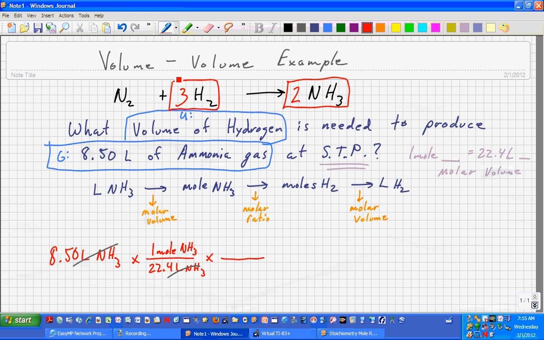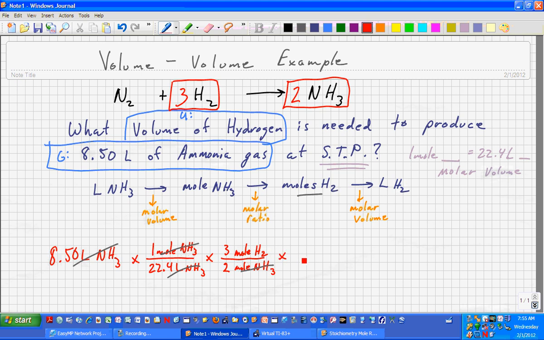a molar ratio. So I boxed in the two things that I'm interested in. My coefficient, 2 moles of ammonia goes on the bottom, so I can cancel moles of ammonia. I'm trying to get to moles of hydrogen, so that coefficient, 3 moles of hydrogen, goes on top, and again I can cancel my moles of ammonia, and I'm left with moles of hydrogen. I am now at this point here,